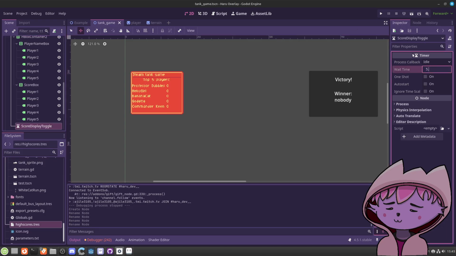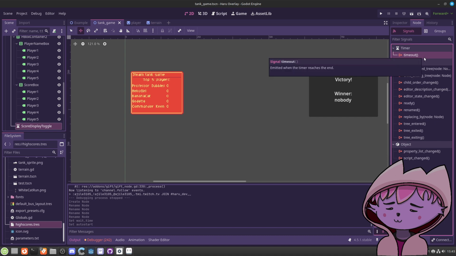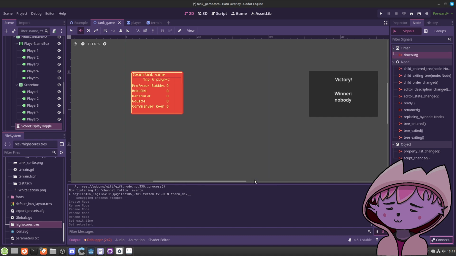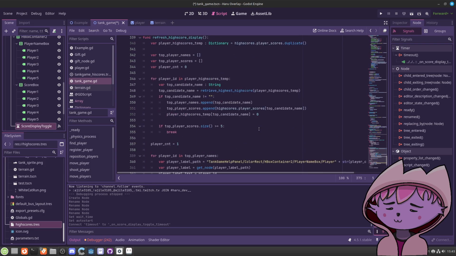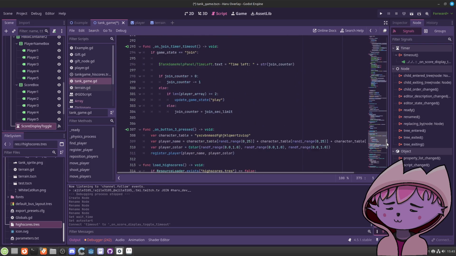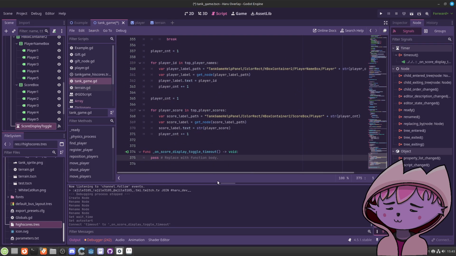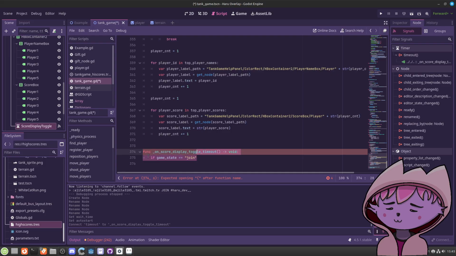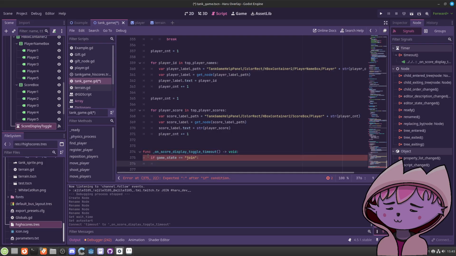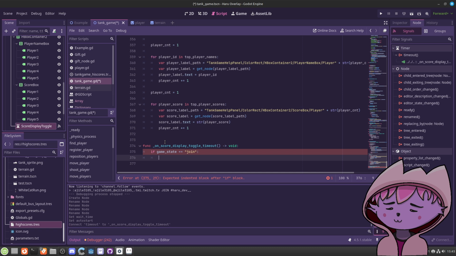And we say the wait time is 5 seconds. We want it to auto start. We want it so that the timeout connects. And if game state is join, then we're gonna do stuff. If game state is join, then